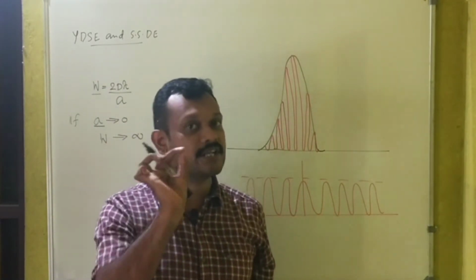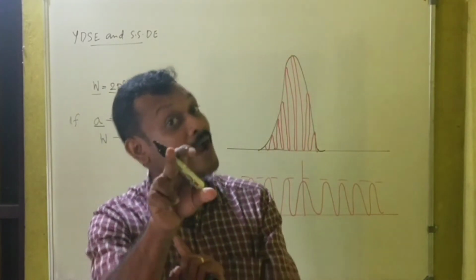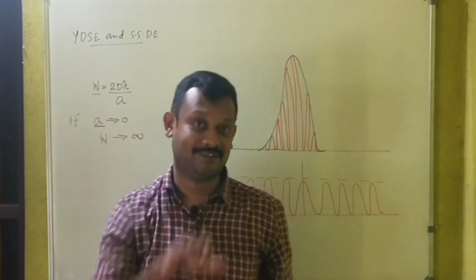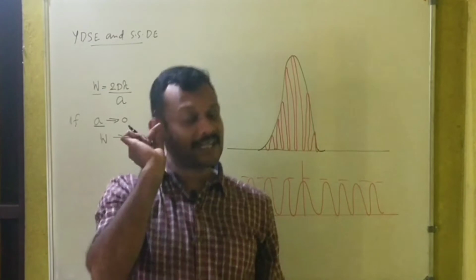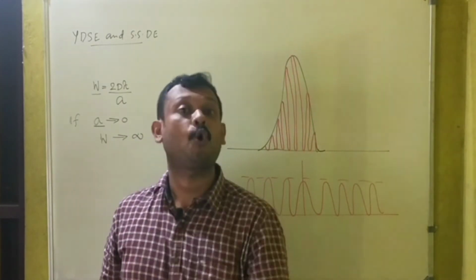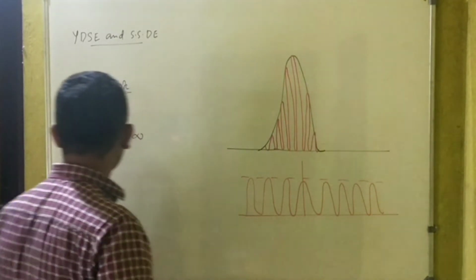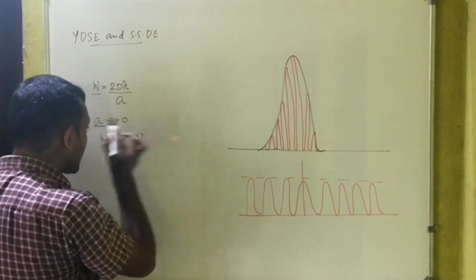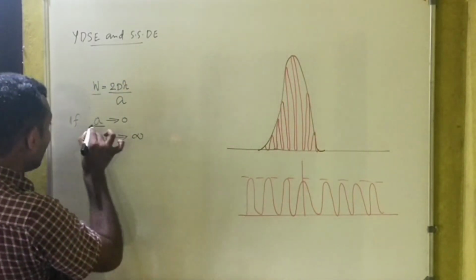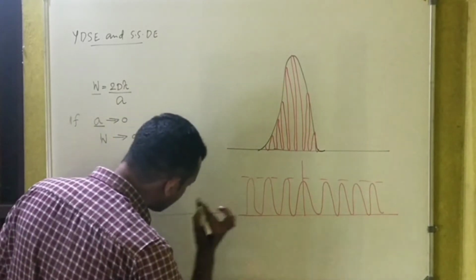So what are the conditions of sustained interference? The sources must be narrow. I hope you remember that condition, and I told you I would discuss it later. So in the limit of a becoming 0, if you read the NCERT book, you will find a sentence like this: if a tends to 0, the width of the central maxima tends to infinity.